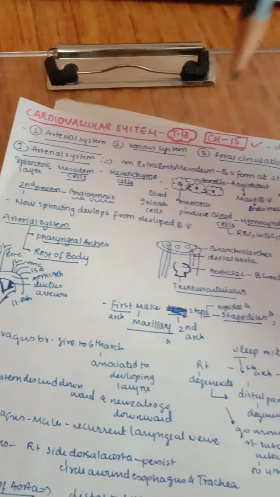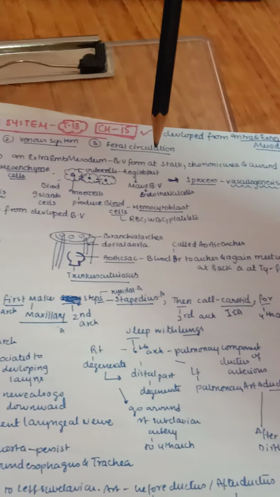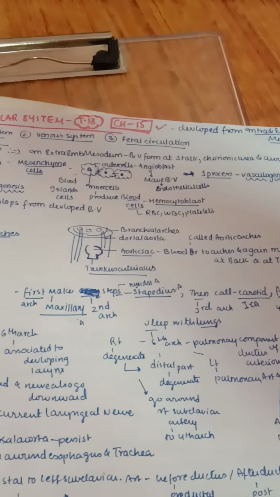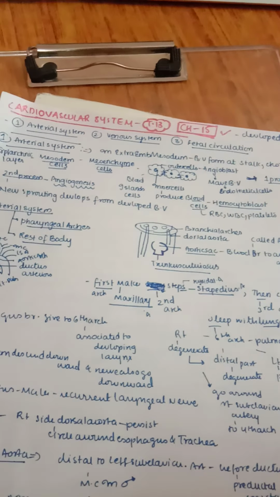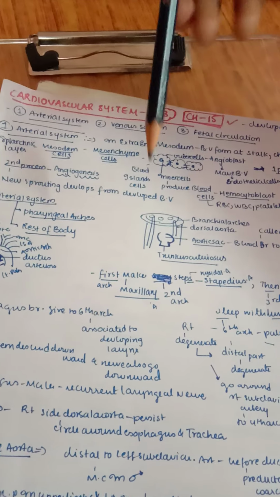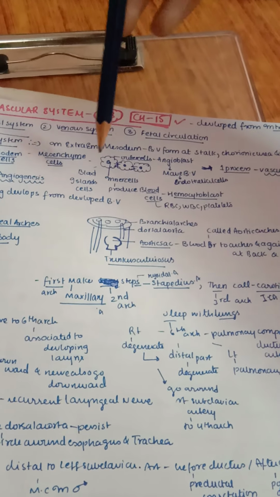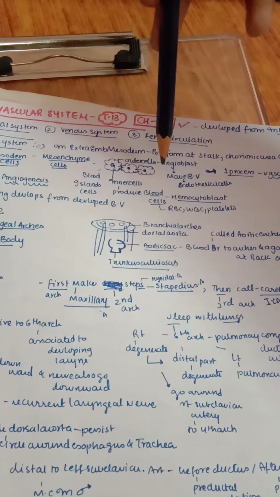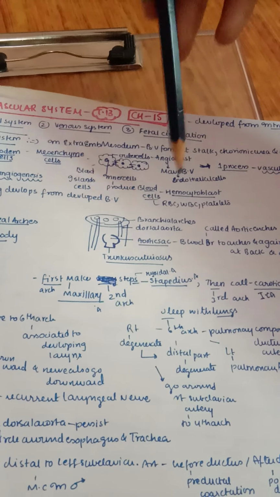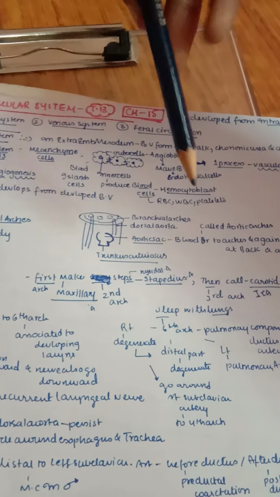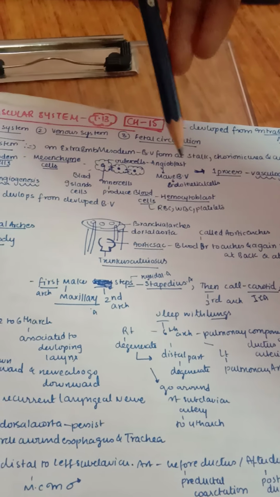In the arterial system, mainly in the extra-embryonic mesoderm, the blood vessels form at the stalk, the chorionic area, and also around the yolk sac. From our splanchnic layer, the mesodermal cells form mesenchymal cells, a mass-like structure. These cells have outer cells and inner cells. Outer cells lead to the formation of angioblasts, which mainly form the blood vessels, that is, endothelial cells, and the inner cells mainly produce the blood cells. These blood cells are called hemocytoblasts, which give rise to RBCs, WBCs, and platelets.